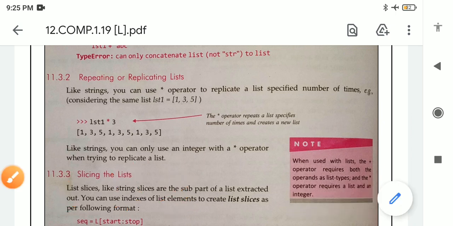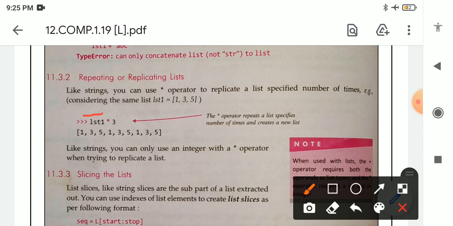So lst1 is the name of the list containing the elements 1, 3 and 5. Here we are writing the asterisk symbol for replicating, and we are writing 3, meaning we want to repeat 1, 3, 5 three times. So after pressing enter we will get 135, 135, 135, meaning it is repeating 3 times.